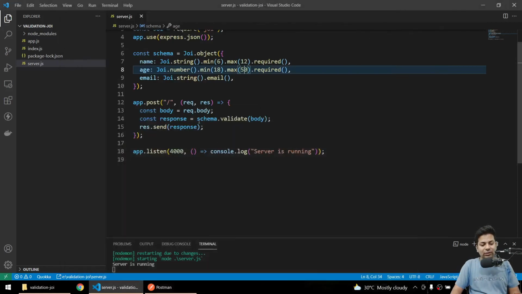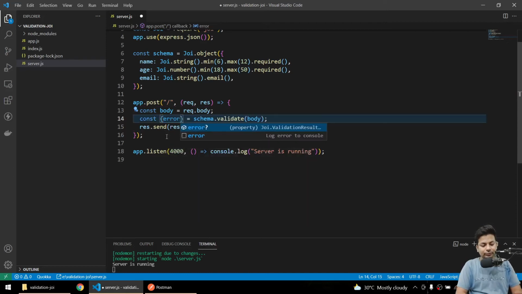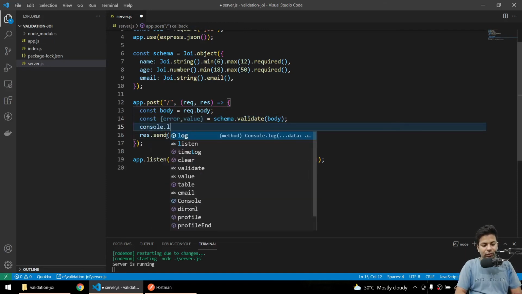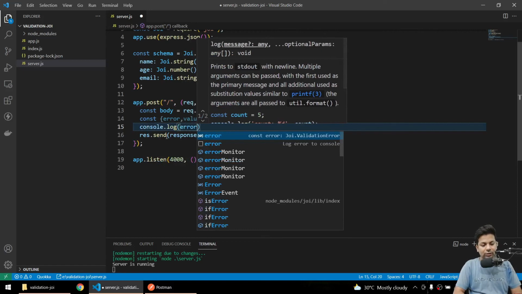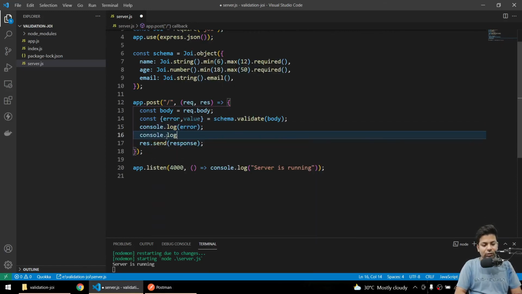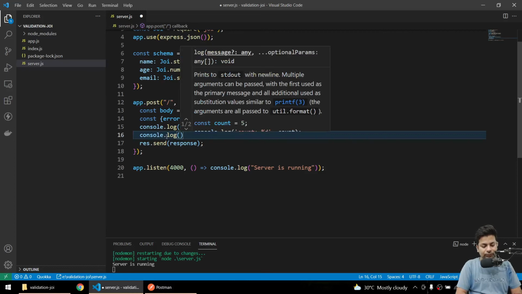Okay guys, so here in schema we'll receive two things: one is error, one is value. Value is everything's fine, so we got the value. Now we'll console.log error, and here we'll console.log value.